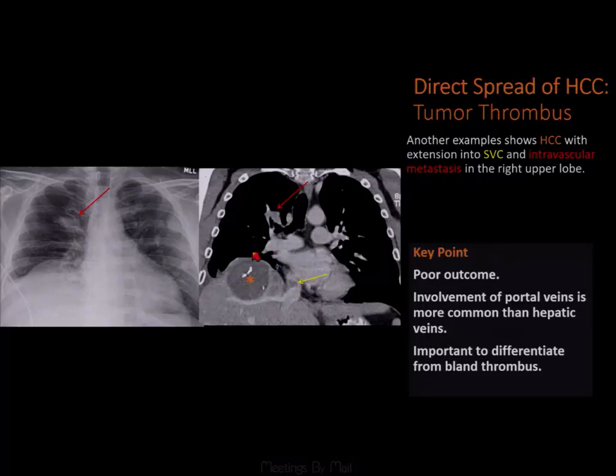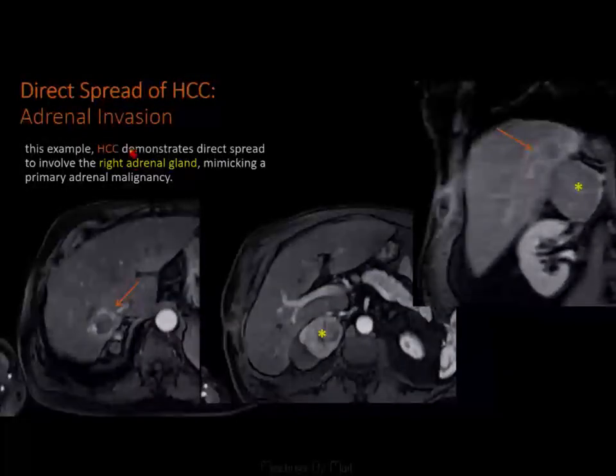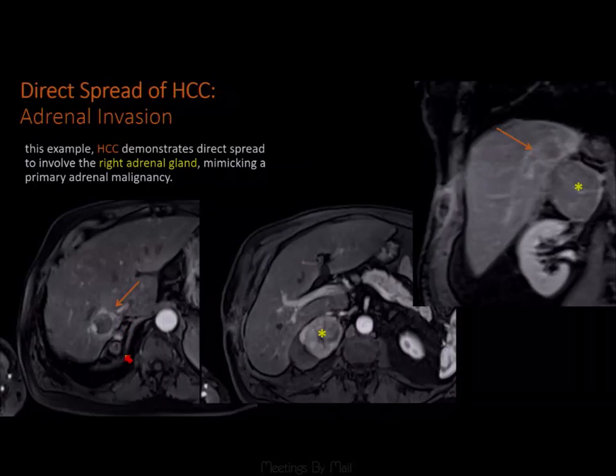This was a treated HCC with some residual tumor. Actually, recurrent tumor is extending into the suprahepatic IVC, and then there's a tumor thrombus right there. Similar to RCC, you can see it with HCC as well. And obviously, you need to have an MR or CT to differentiate it from bland thrombosis by subtraction imaging. Adrenal invasion, we had a couple of cases where the patient actually was treated, and probably during